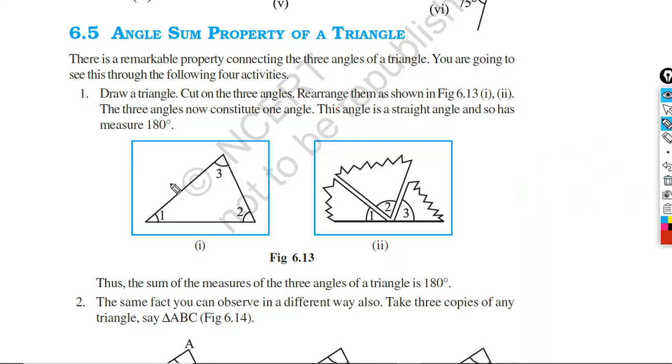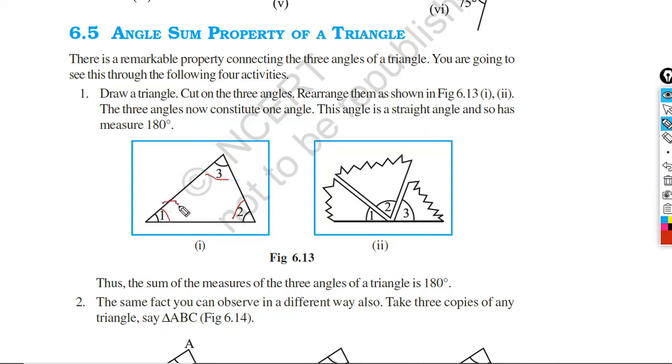Okay, for this we will have an activity. What you have to do, you have to do this at your home. This is an activity for you. Now what you have to do, you have to draw a triangle. You just take a paper sheet and draw a triangle in it, just like this. You take an A4 size paper, then you draw a triangle in pencil or pen and name the three angles 1, 2, 3 and cut them out. Okay? Cut these three angles.